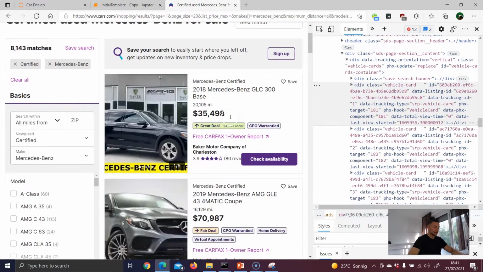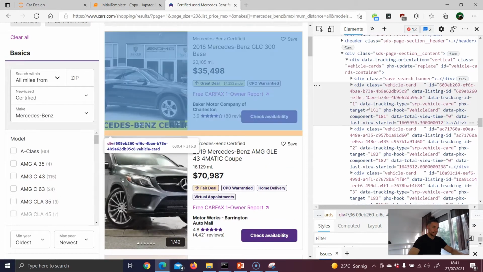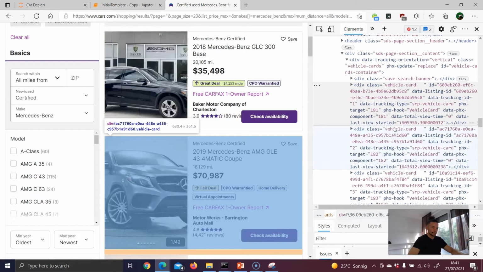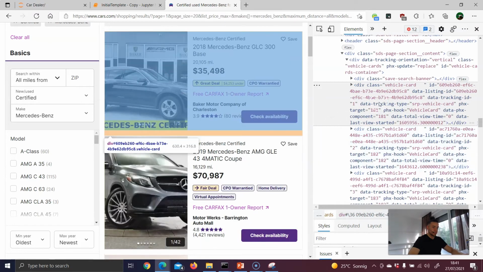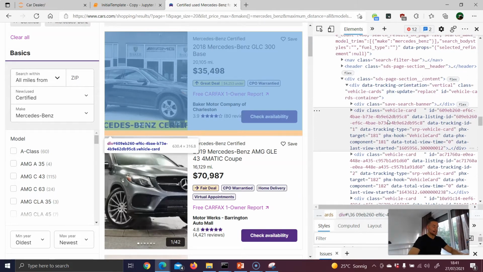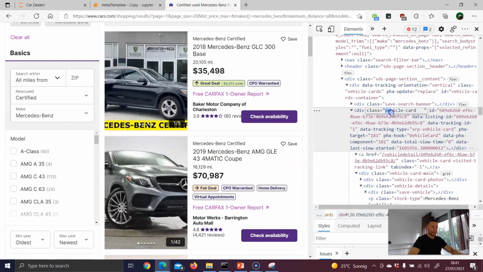So, right now, take a look on the left side, okay? And now if I go down to the next div class vehicle card, you see directly that the next result or the next entry is actually highlighted, okay? That means the logic of this website is that each and every result is stored inside this div tag, class attribute, and vehicle card value. Okay, that's it. And now what I will do is I will just make a double click on this vehicle